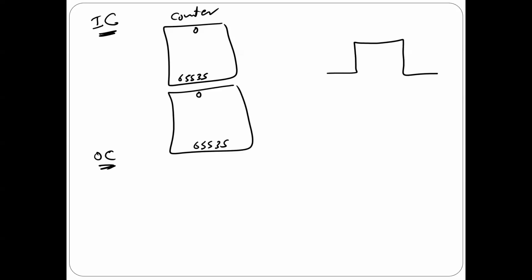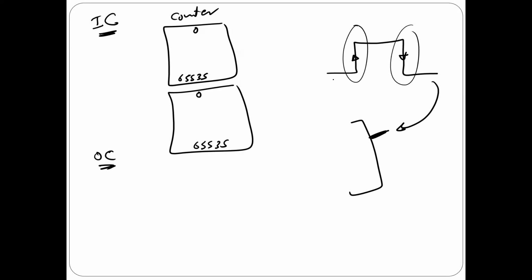Let me give you a very simple example. You have an external pin. The signal I want to measure has to be connected to the pin. This is number 1. Number 2, I can program the pin to trigger interrupts on every rising and falling edge. This is something you can program. So when a rising edge comes to the pin here, 2 things should happen.